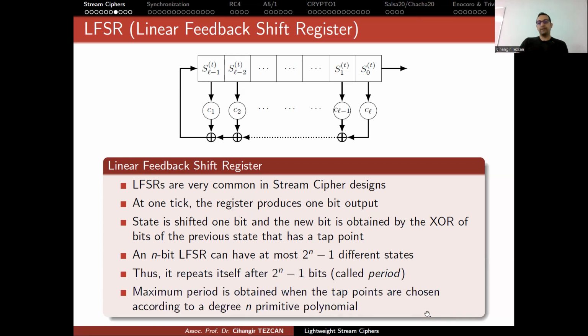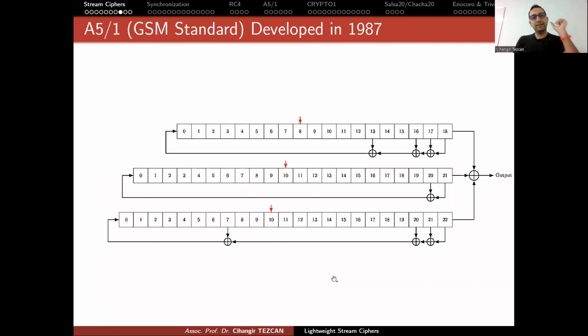Maximum period is obtained when the tap points are chosen according to a degree n primitive polynomial. Sorry, I said minimal, but primitive is the correct term. When the first constant is 1, you call it a minimal polynomial, but by primitive, we mean something else. Here's an example, which we will see in detail in a few minutes, but let me show